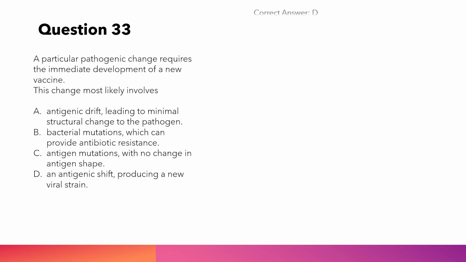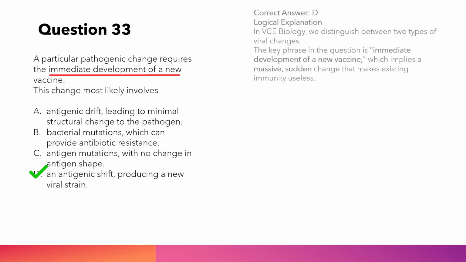Correct answer, D. An antigenic shift, producing a new viral strain. Logical explanation. In VCE biology, we distinguish between two types of viral changes. The key phrase in the question is "immediate development of a new vaccine", which implies a massive, sudden change that